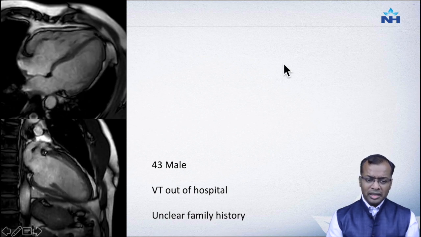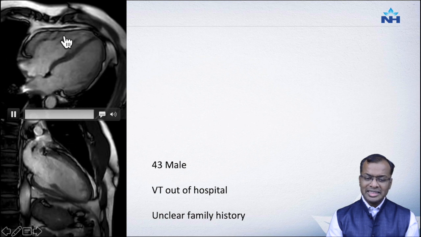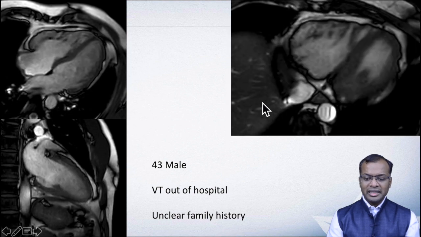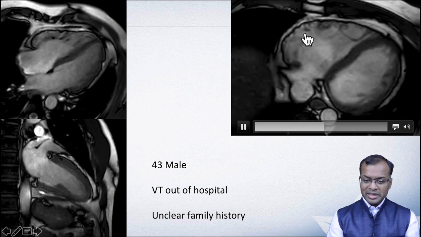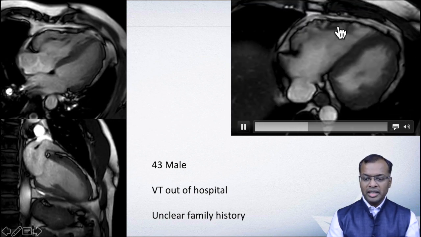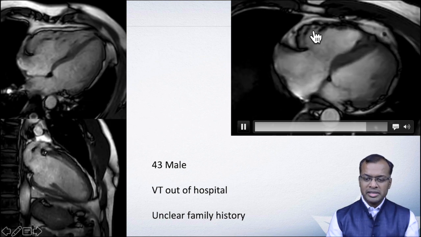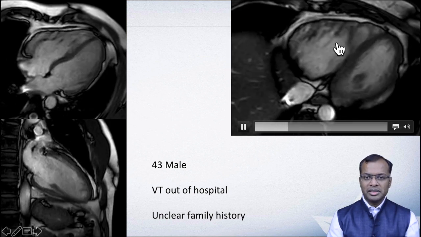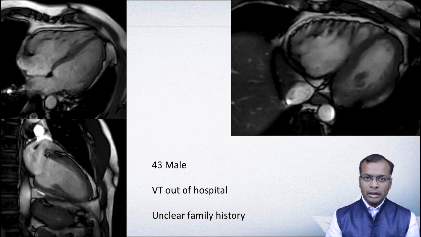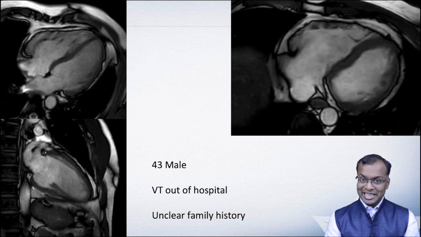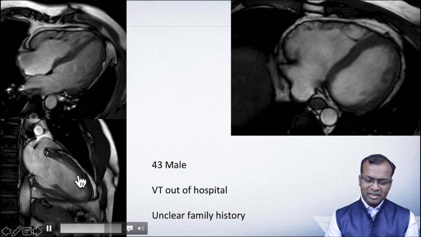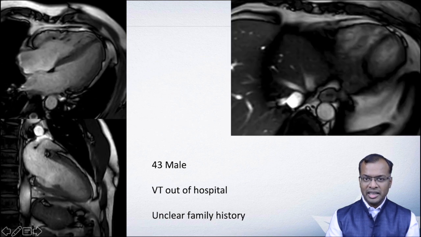You start to look at the RV, slight early microaneurysms along the RV free wall can be seen here. And then when we look more closely, you can see these nice aneurysms forming in the RV free wall. This is very, very important, called a saw teeth appearance, where you can see all these tiny aneurysms all contributing to the underlying arrhythmia in this patient. One interesting thing to look at in this patient is actually the left ventricle. If you see this left ventricle, you will see some irregular areas along the left ventricle, especially in the lateral wall.